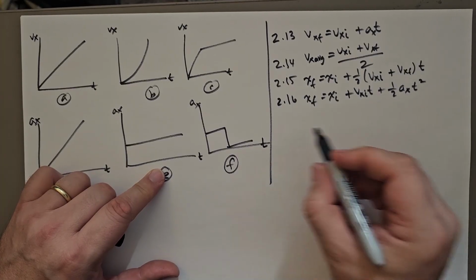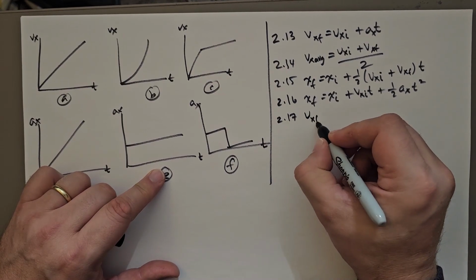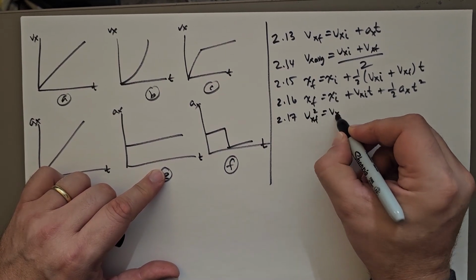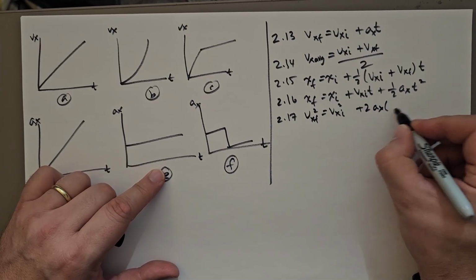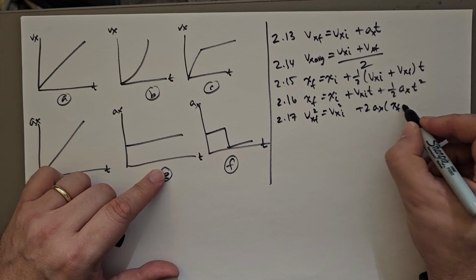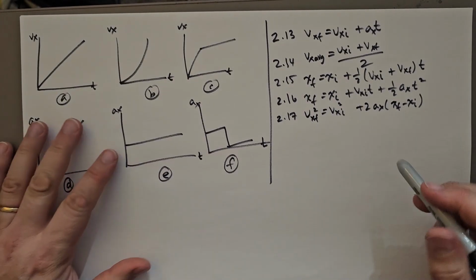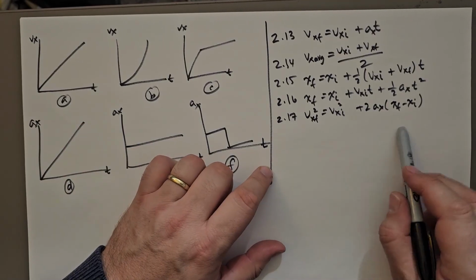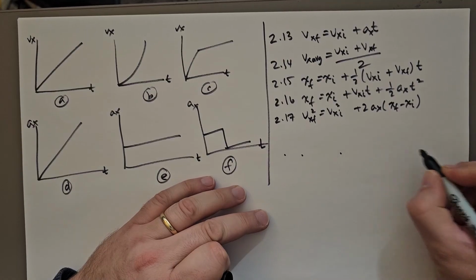T squared, and then 2.17 is Vxf squared is equal to Vxi squared plus 2 times the acceleration in the x direction times the difference in the positions, right? So that is what the equations are. An example of constant acceleration